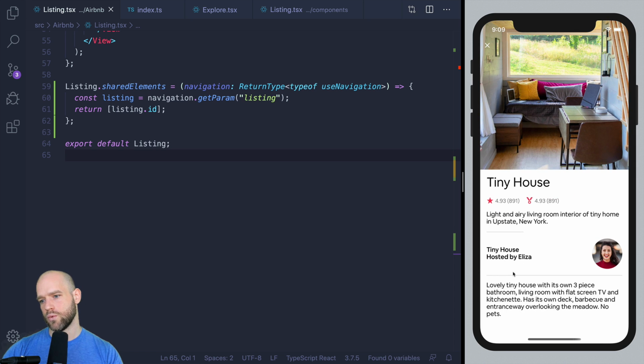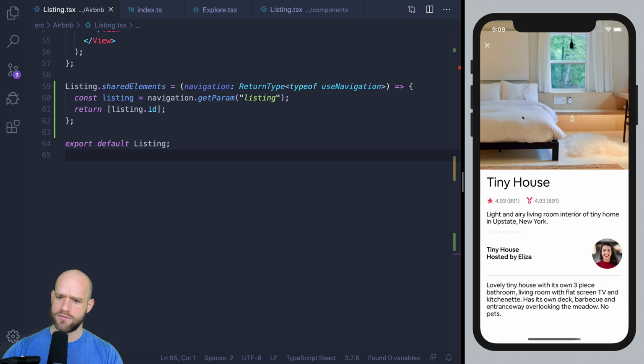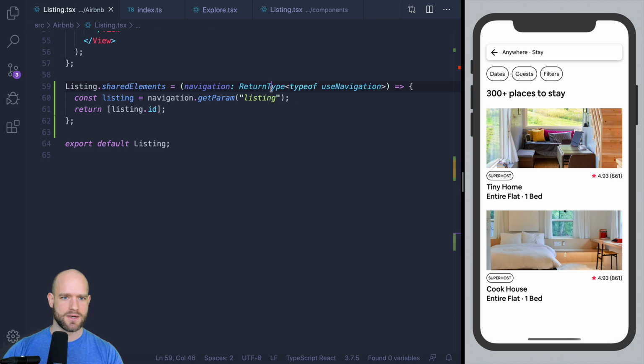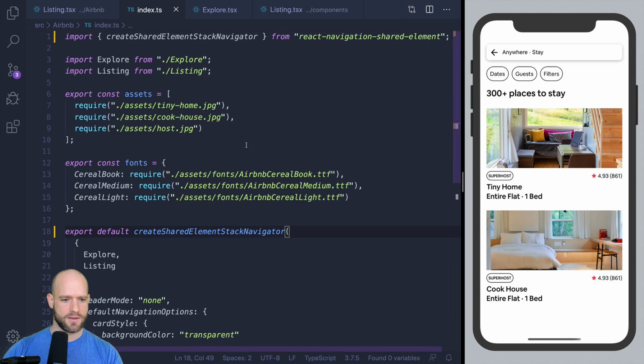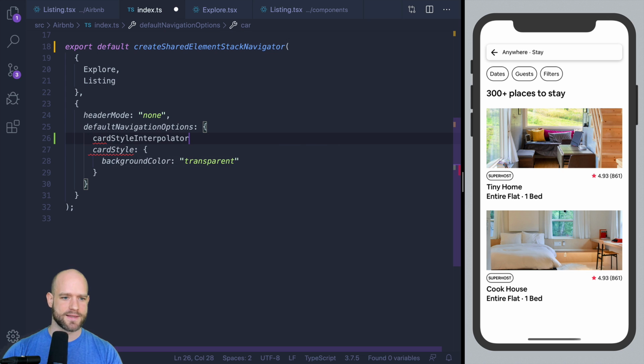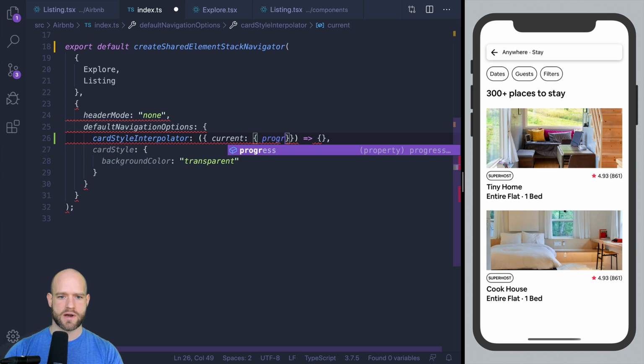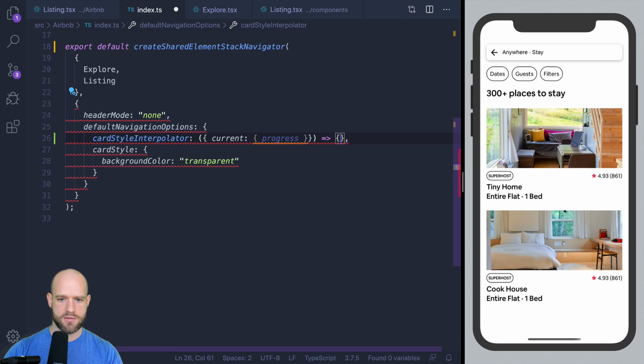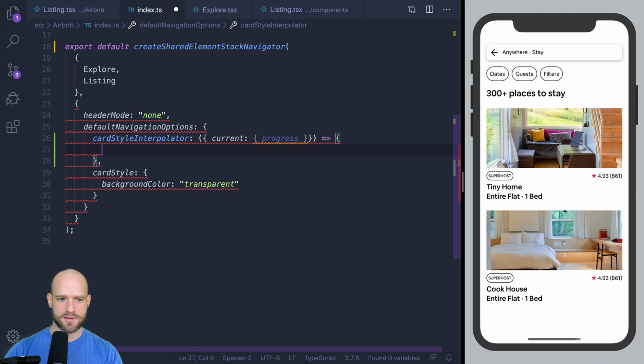So here I think we also need to update the transition of the content because it kind of looks strange. So let's have a look. I think it's called card style interpolator. You can pass a function as parameter. We're going to need the progress value. So it's current progress, which is an animated value from React Native animated, vanilla animated, not reanimated.